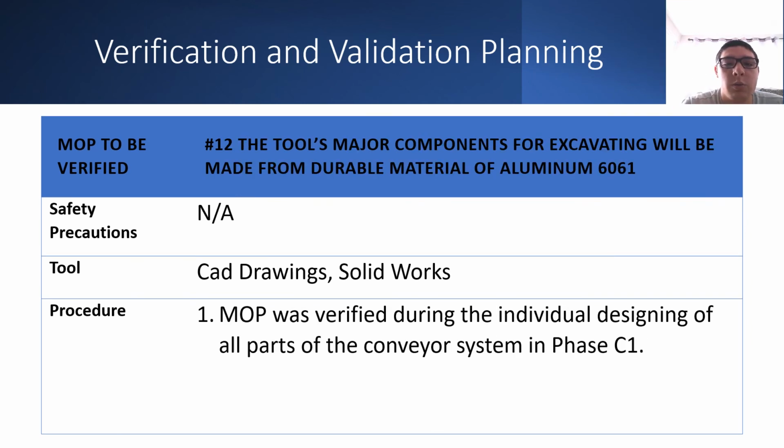In order to avoid making the conveyor system too bulky or heavy, some of the tool's major components for excavating will be made from durable materials such as aluminum 6061. For the tool, we'll have the CAD drawings and SolidWorks. This MOP was verified during the individual designing of all parts of the conveyor system in phase 1, but will be validated in our next presentation in phase